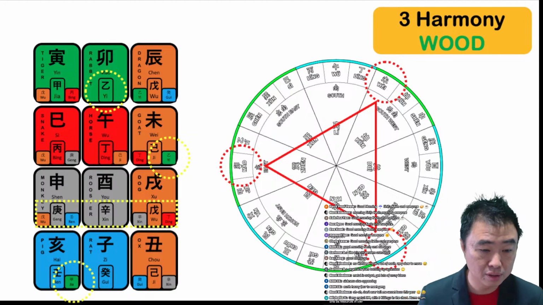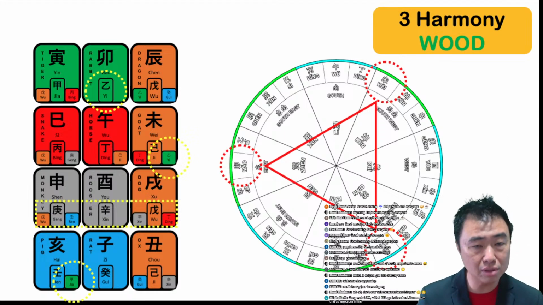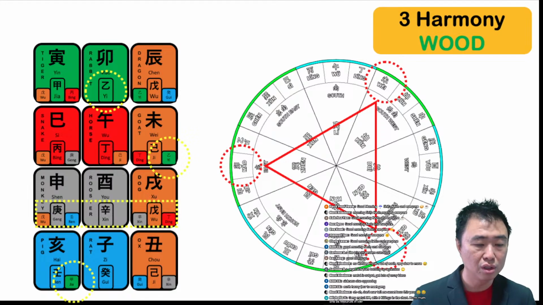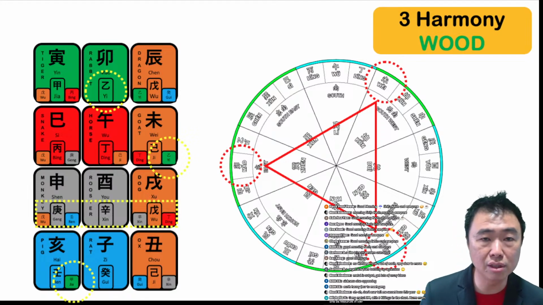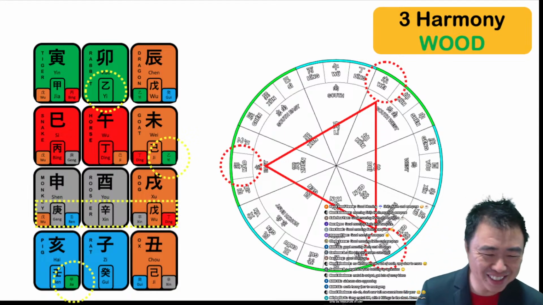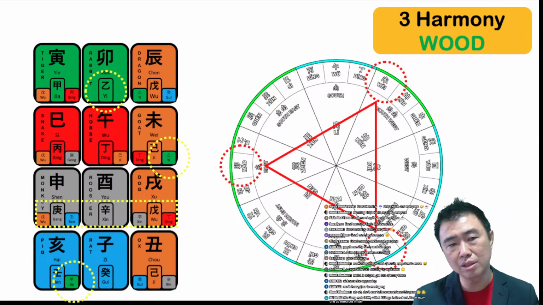How? Keng metal day master, with tree killing in the chart. Harm mom or resources? No lah. For Keng metal, the metal doesn't represent your mom, the metal represents your friend, so you just harm your brother, sister only. That's all. Tree killing just harms your brother, sister. So you see, for different day masters, the tree killing is different.